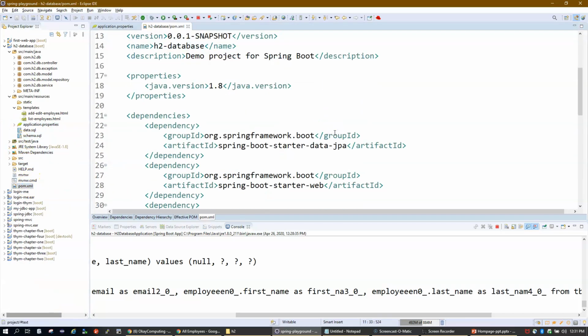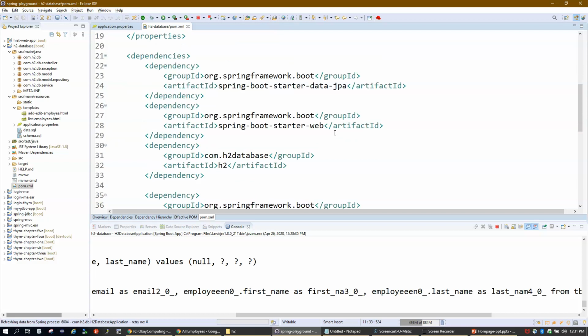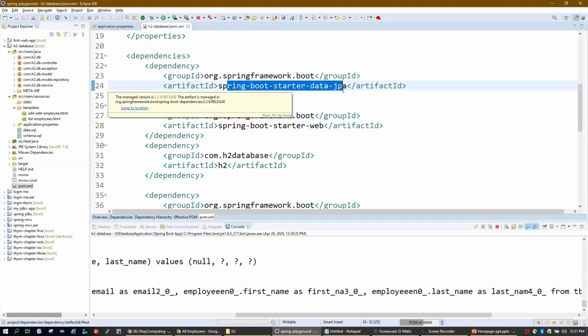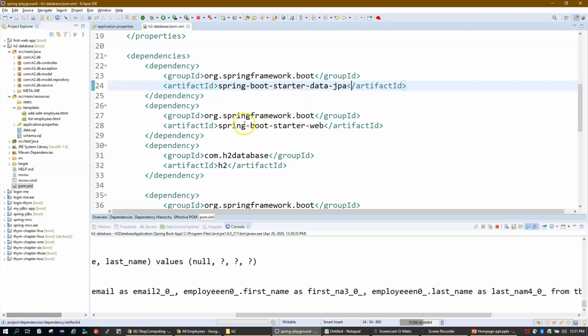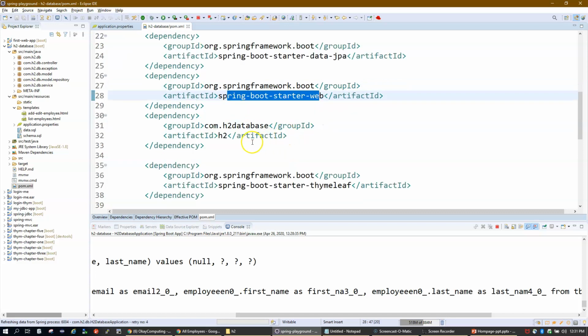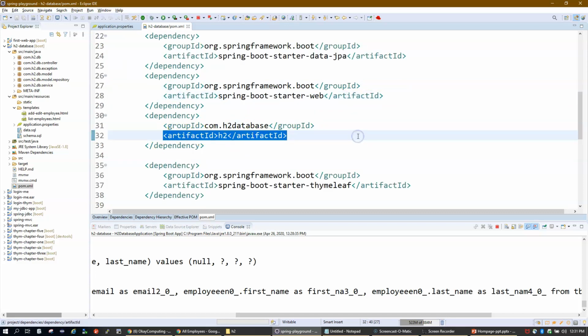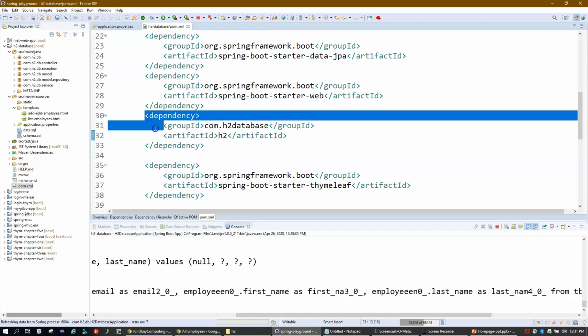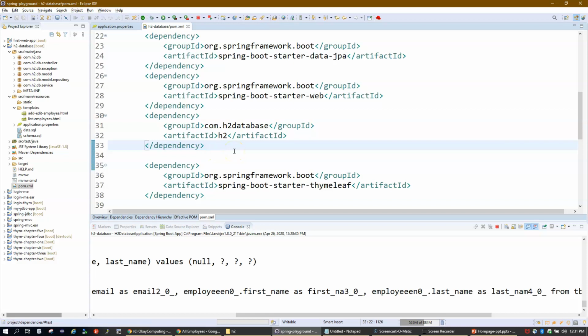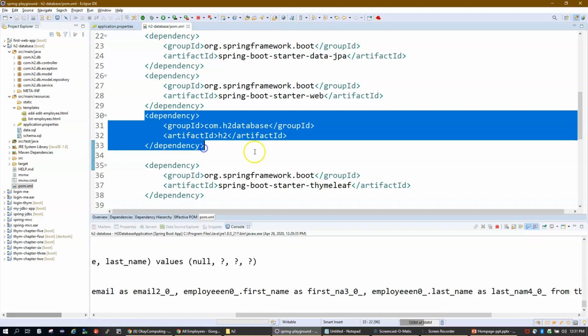So what you have to do is simply go and create a Spring Boot web project and choose dependencies. Spring Boot Data JPA dependency, because we are going to deal with the database. Then we need a Spring Boot starter web dependency. Then we have H2 database because here we are targeting the H2 database. If you guys are using any other database, like for example Oracle or MySQL, this dependency will be different. But in this video we are targeting the H2 database, so I put the H2 database dependency here.